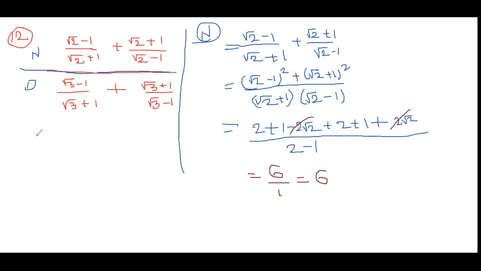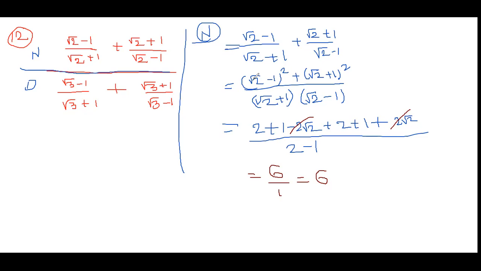Now, for the denominator, if you observe the numerator and denominator, the only difference is that instead of root 2, the root 3 value is there. If you have the common sense, the thinking capability, the mental ability, then you can do the same question in this way also. Here, instead of root 2, what term will come? Root 3 minus 1. Here, root 3 plus 1.